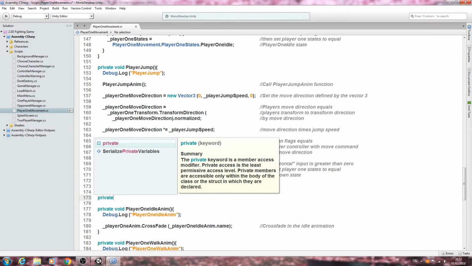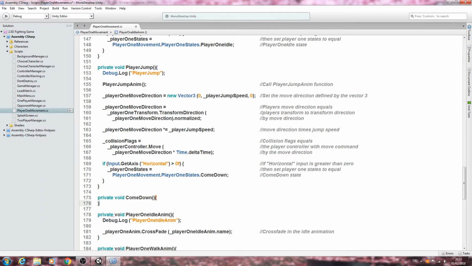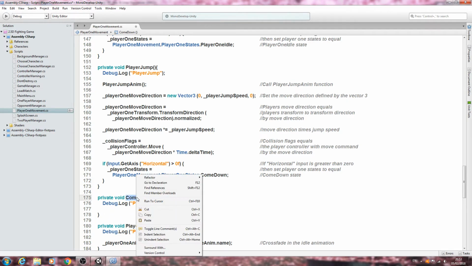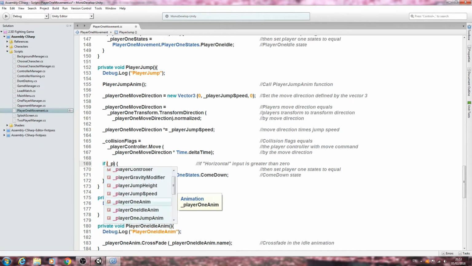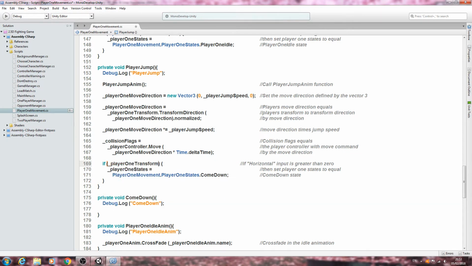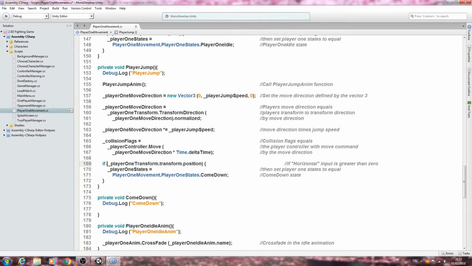And while we're here, let's actually create the private void for that function. Again, I'll copy in the debug log. This should alleviate the red error we had. And we need to change this inside the brackets. So if open brackets and we want the player one transform dot transform dot position dot on the y axis is greater than or equals to, so both symbols,